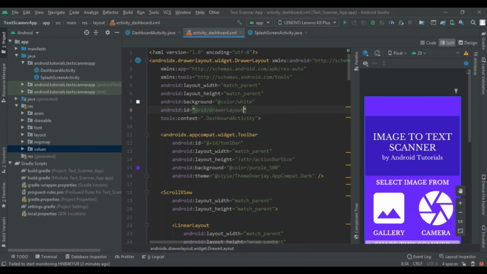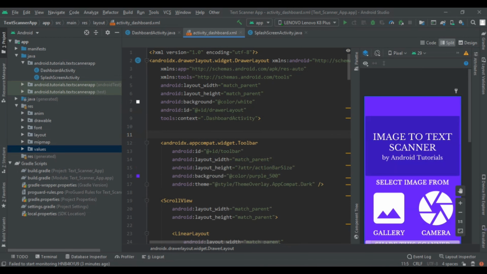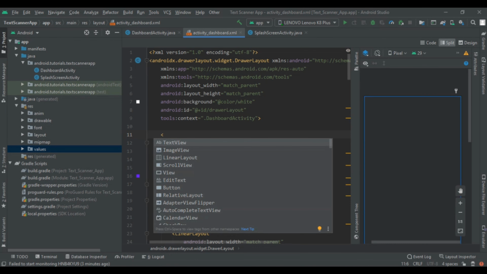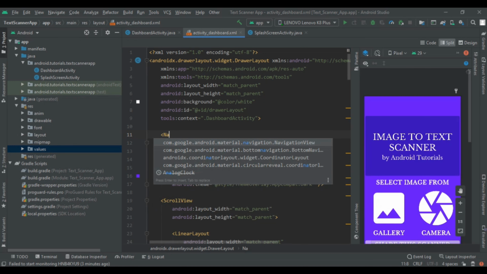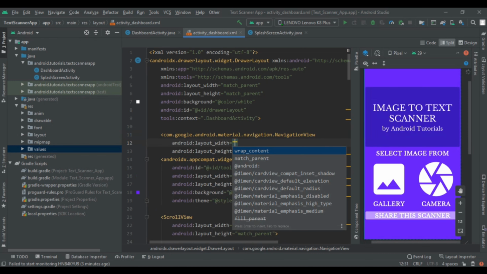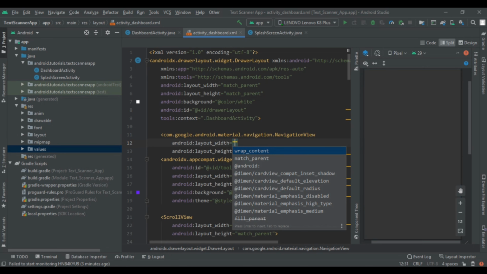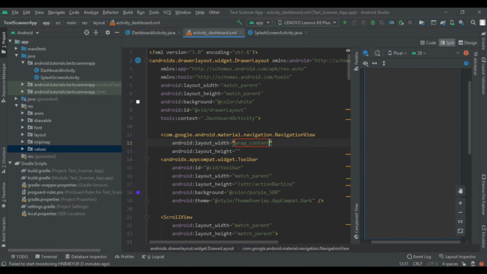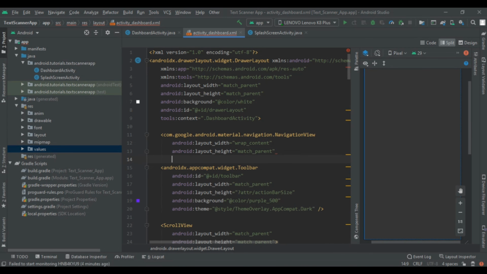Then write the navigation view and give its width as wrap content and its height as match parent. Then we are going to implement the menu, header layouts, background and many more things.